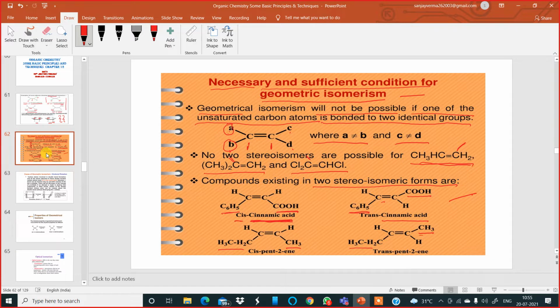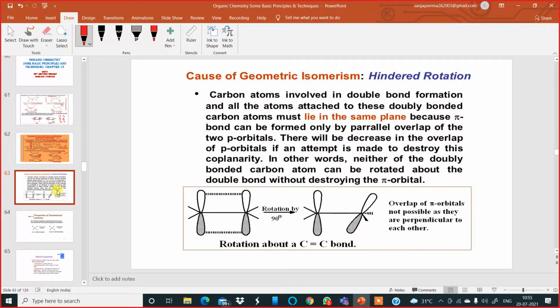One is up, one is down of the double bond, so it becomes trans pent-2-ene. So I'm talking about geometrical isomerism just now. After that, coming down to the cause of geometric isomerism or geometrical isomerism, the cause is hindered rotation